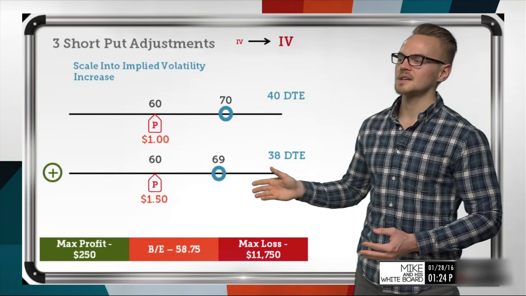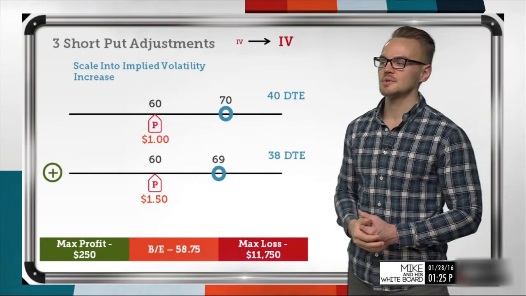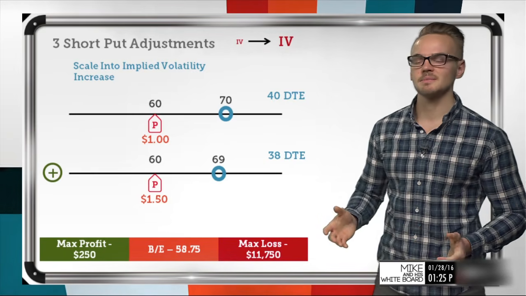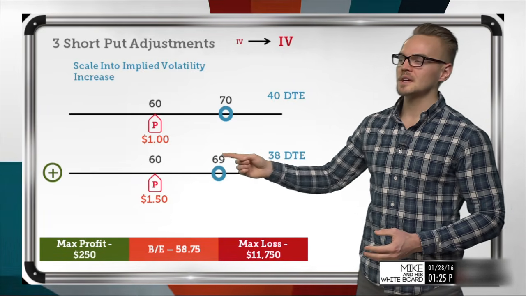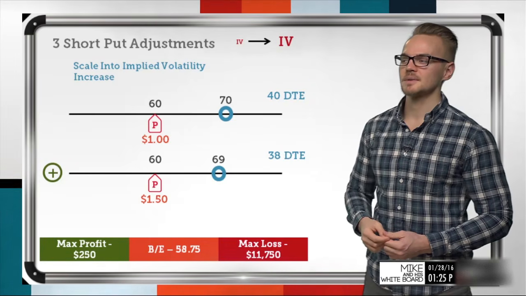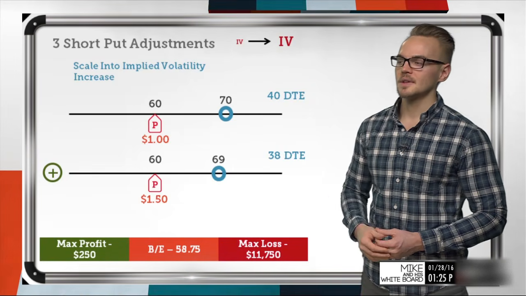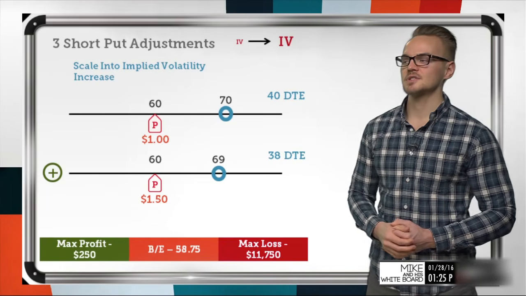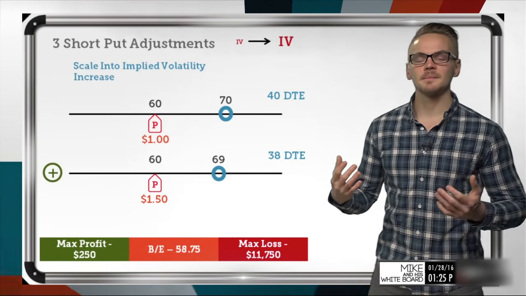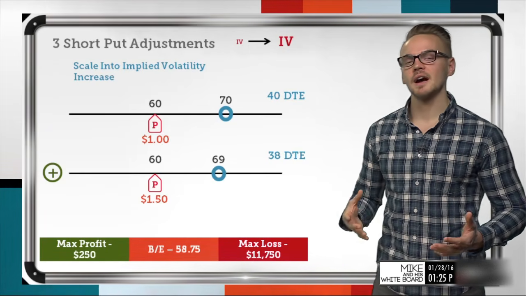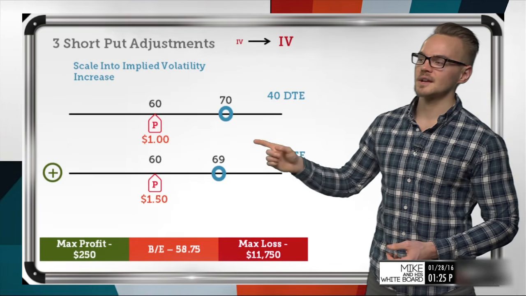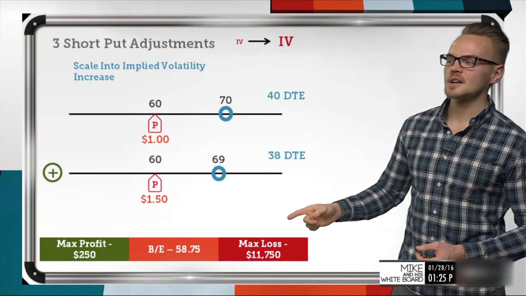What this also does is it increases my max profit to $250, as you can see in the bottom left. So I would be collecting $1 in my original position. I would be scaling into another contract for $1.50, which would increase my max profit to $250, because again, my max profit is if these options expire out of the money, and I would keep both of these credits here. My max loss, though, is now